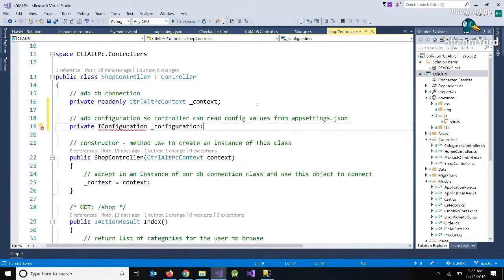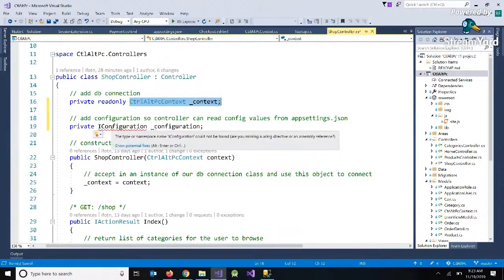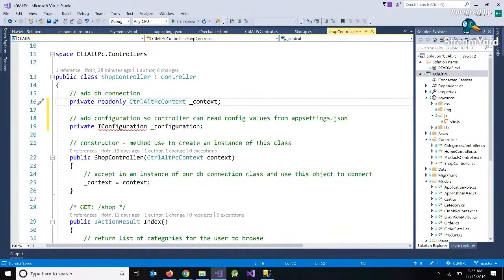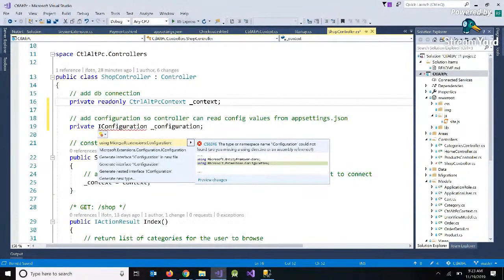I'll explain what's going on here. So this line is using our database. We also want this controller to use our site configuration. I put this line in here, it gives me an error, it doesn't know what my configuration is. So our controller needs this reference. If we're going to read anything from the app settings file, we need to reference